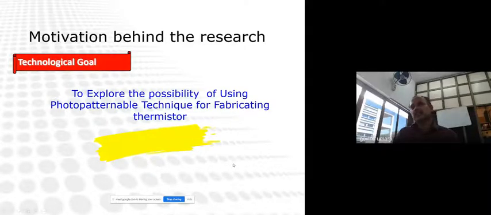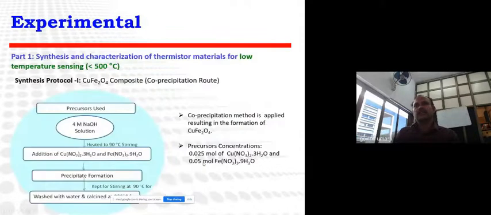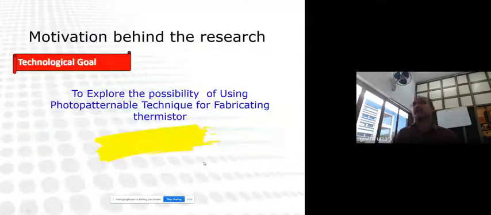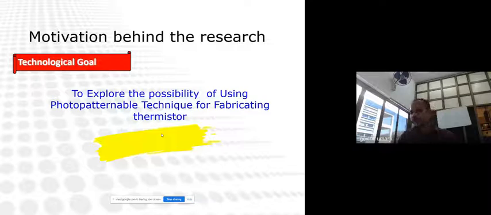Thermistors, as we know, are thermally sensitive resistors, and they basically work on a hopping mechanism, and are known to be very fast, sensitive sensors as compared to your thermocouple, and